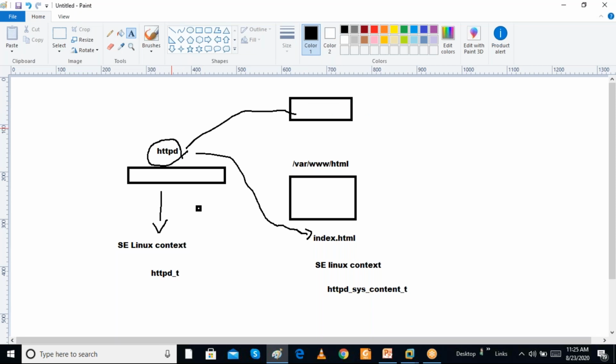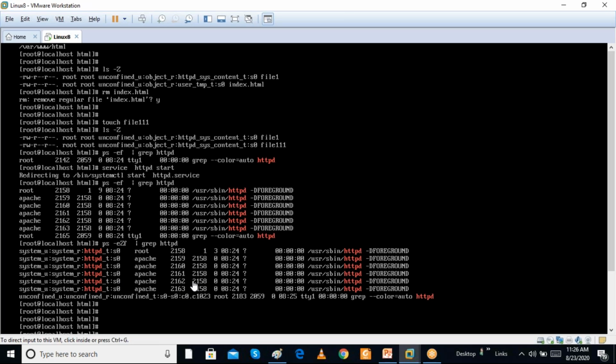That is the reason. So I am explaining one more time. There is a process called the httpd process. It has a security context. The files in the web server folder, www html, whatever files we are creating, also have a security context. So both are matching. That means this process can open this file. If this process is trying to open another file from the etc directory or elsewhere, it cannot open it because the security context is not matching. That way it will be working.